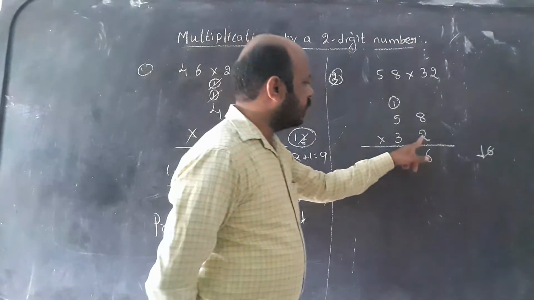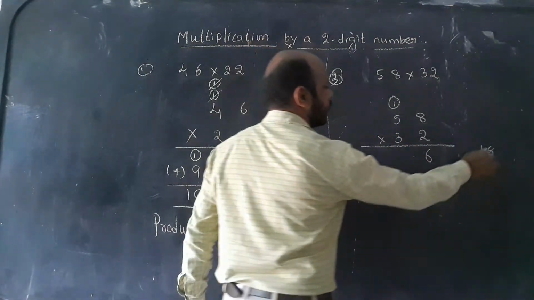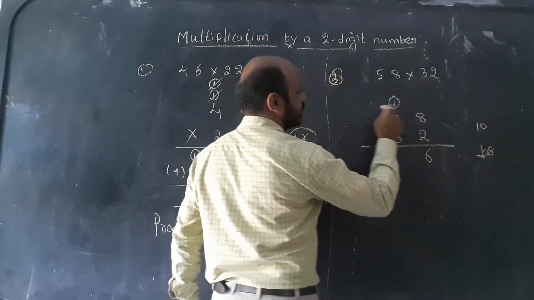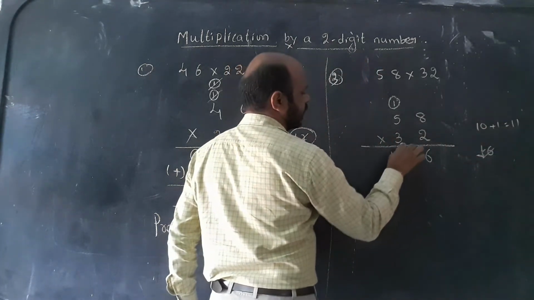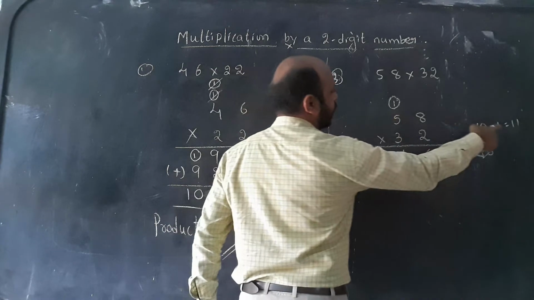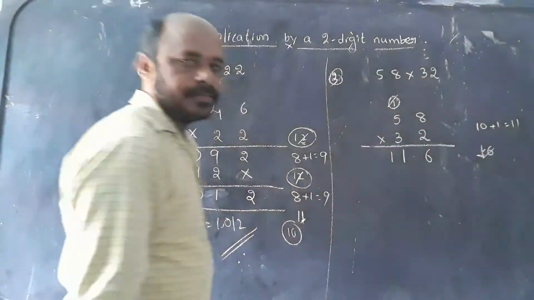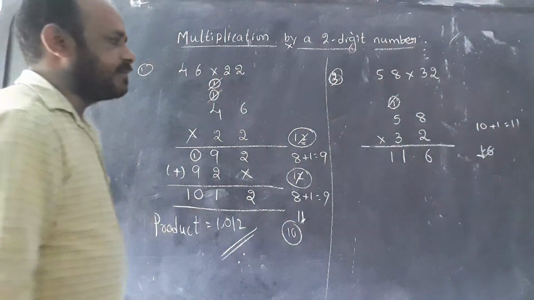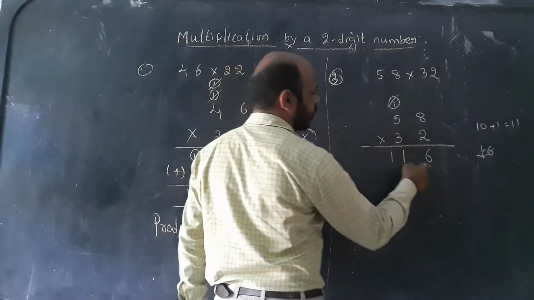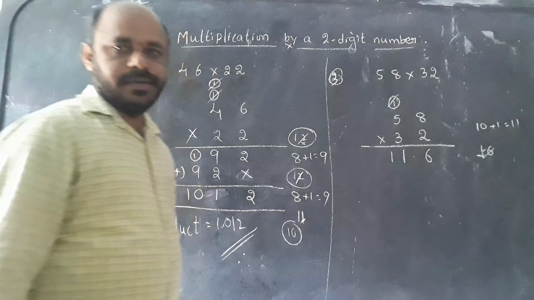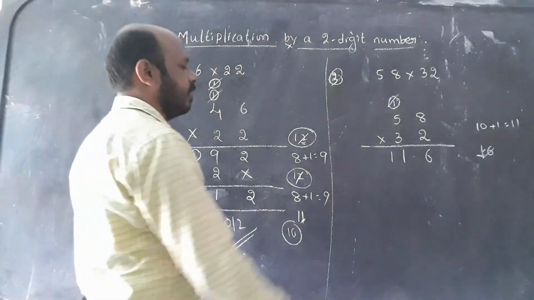Again we have to go to the 2 5s are 10. How much carry is there? Plus 1. It will be 11. Before number is not there, then we write it. Now this carry we added here. Just cut this carry. Okay. Next one. We multiplied 2 table 58. We got 116. Okay.